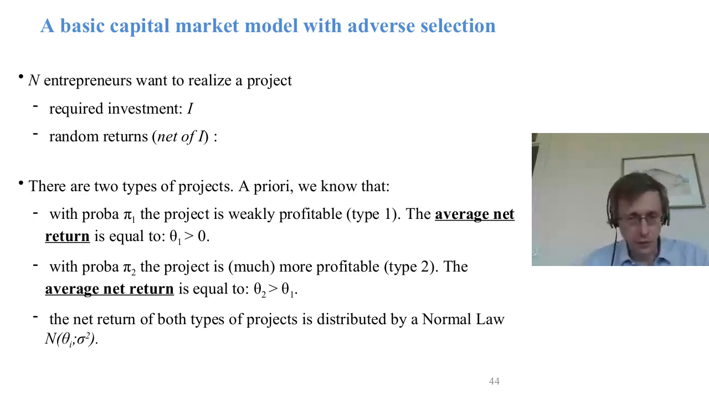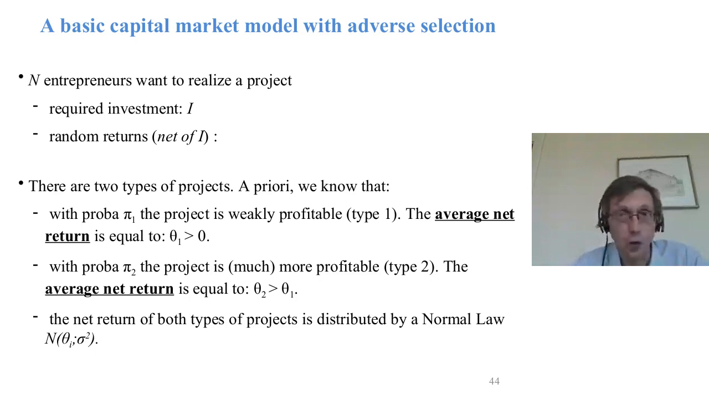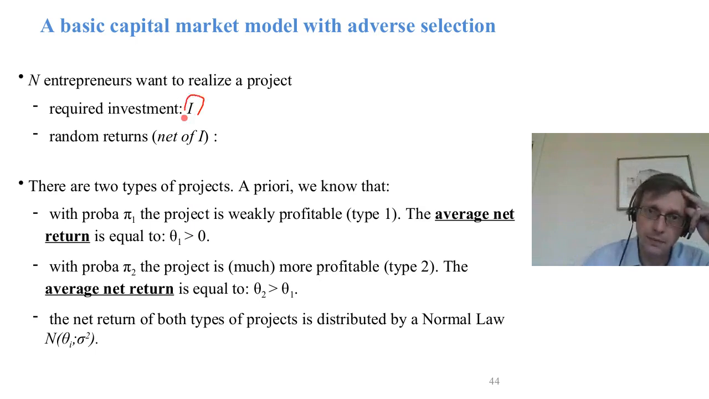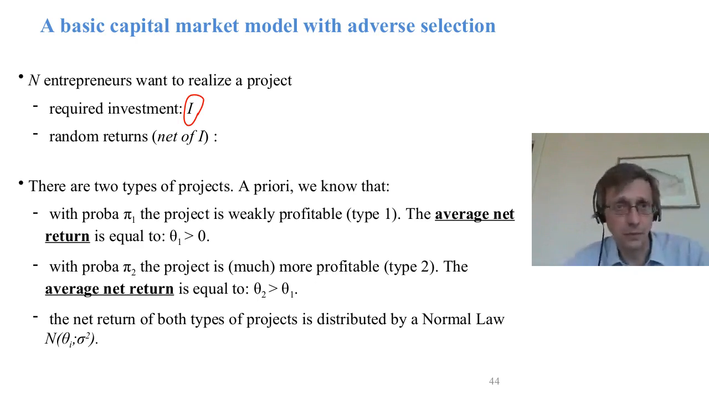So first of all, we have to understand what a capital market with adverse selection is. So let me consider the following simple model. Let's say that there are n entrepreneurs who each want to realize a project. Realizing the project necessitates an investment equal to capital I, and there is a random return,